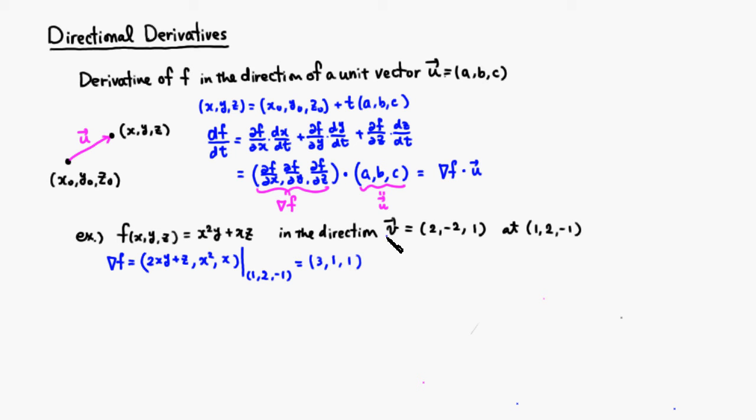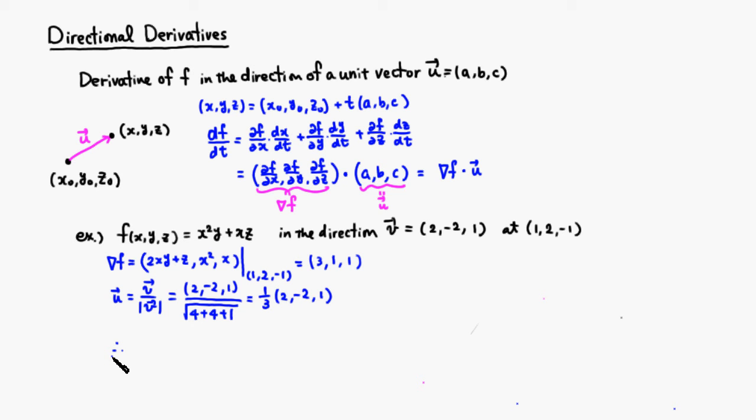Then we have to rescale it so that we have a unit vector. The direction vector u would be v divided by its own length. So that would be 2, negative 2, 1 over the square root of 2 squared is 4, negative 2 squared is another 4, 1 squared is 1, so that's the square root of 9, which is 3. So this is just going to be 1/3 times 2, negative 2, 1. Therefore,